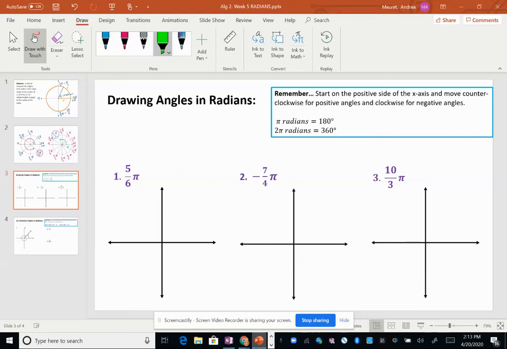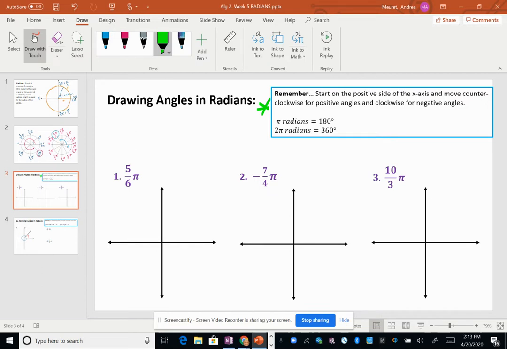Hi there. This video is going to show you how to draw angles on the coordinate plane using that new measurement of radians. So I wrote you some quick notes up here. Just remember to start on the positive side of the x-axis and move counterclockwise for positive angles and clockwise